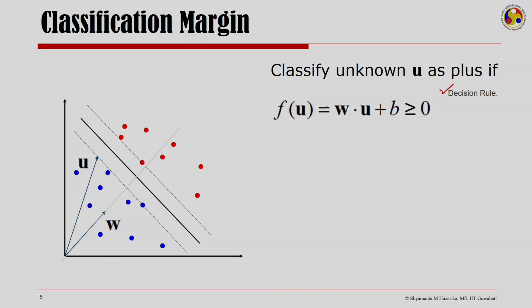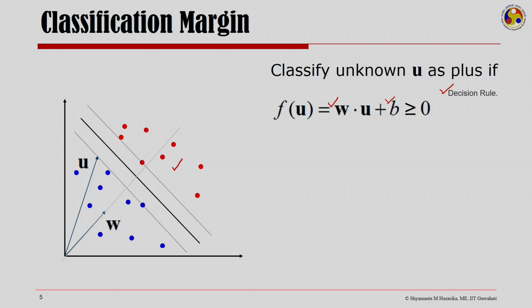Now, we project u on w and we say w dot u plus some constant b, if it is greater than or equal to 0, then we are on this side,